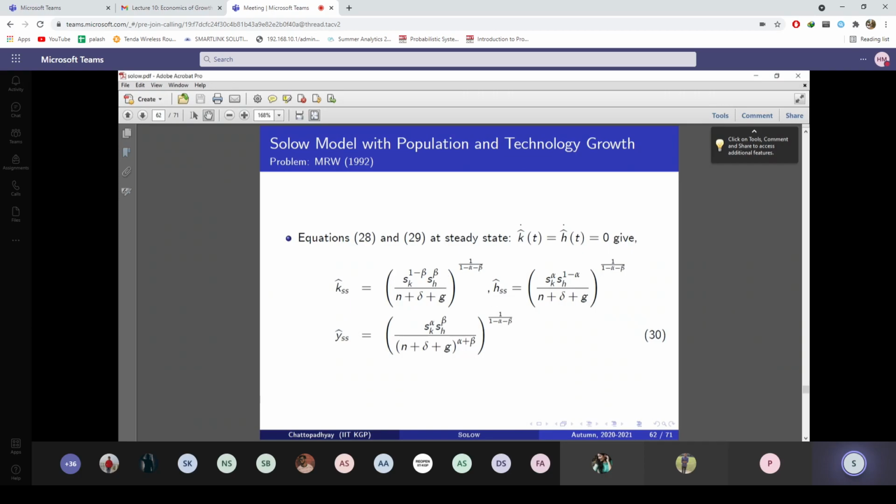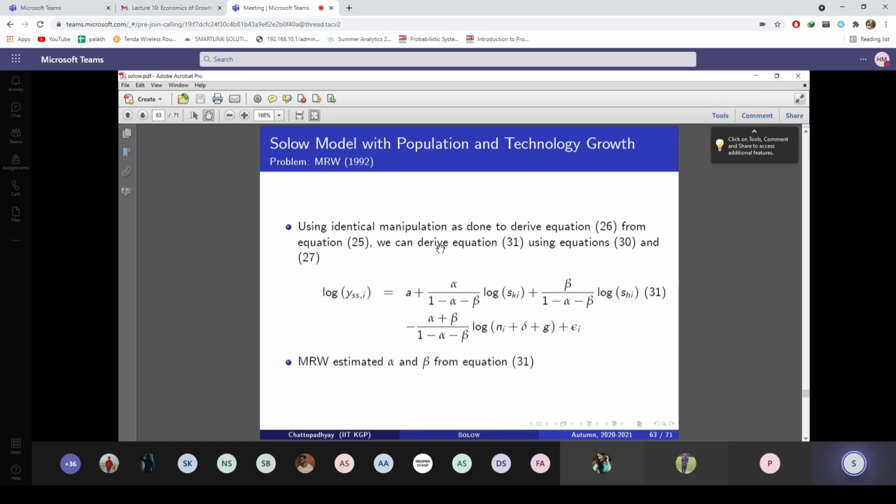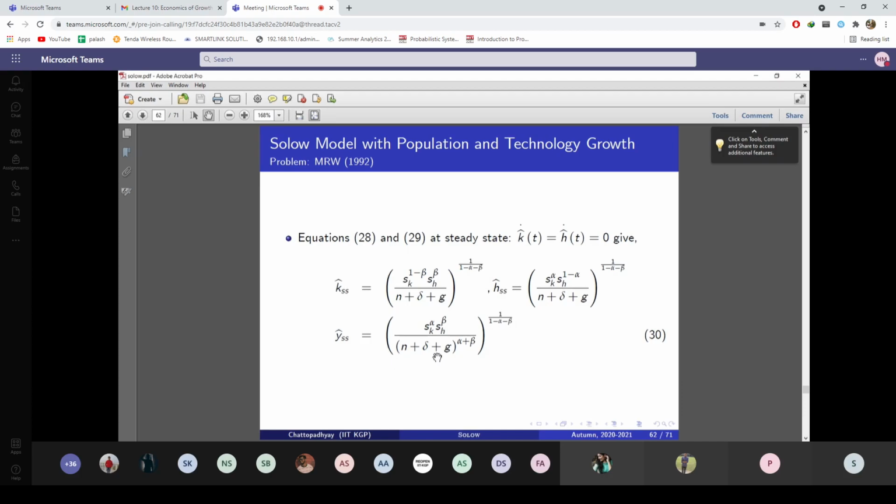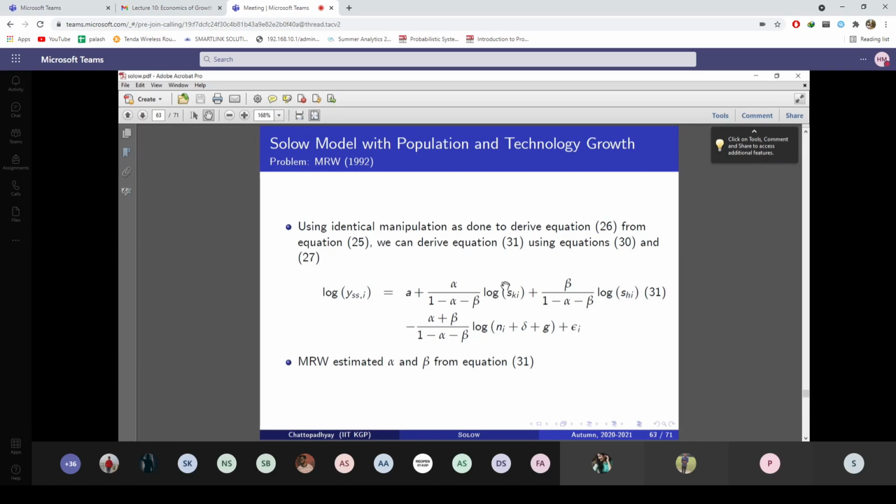After that, again, from this output equation, they have taken logarithm on both sides and they got this equation back. This is the country specific savings rate to accumulate human capital. This is the country specific savings rate to accumulate physical capital and human capital. This is the country specific savings rate to accumulate physical capital. This is the country specific savings rate to accumulate human capital. This is the country specific population growth, and they have estimated this equation by simple OLS.